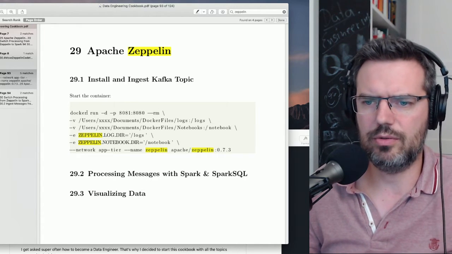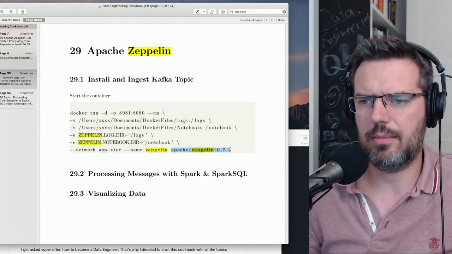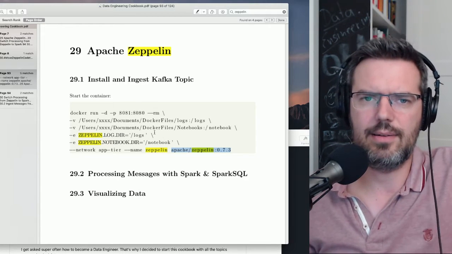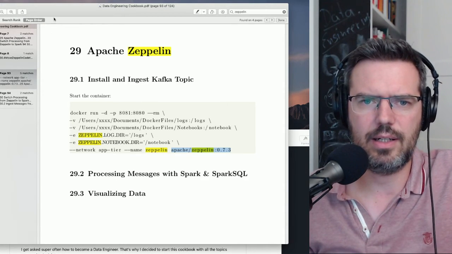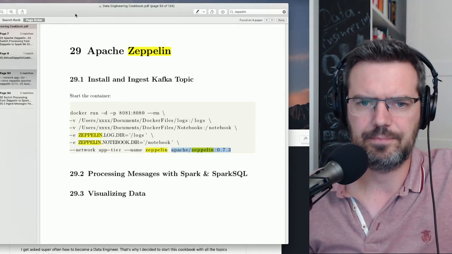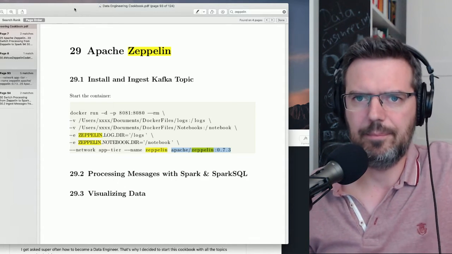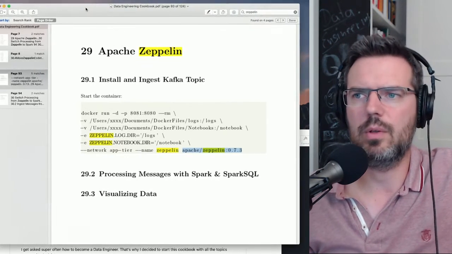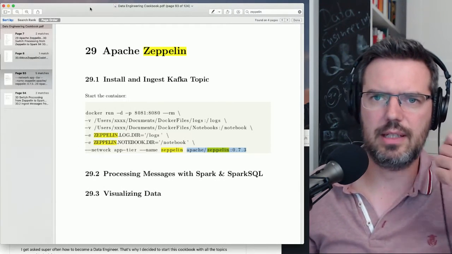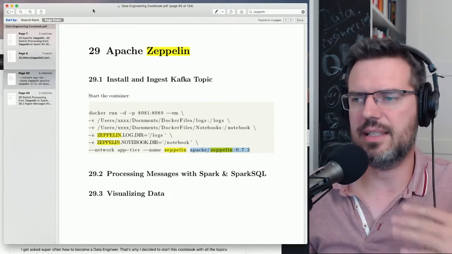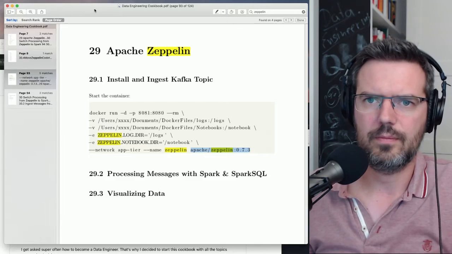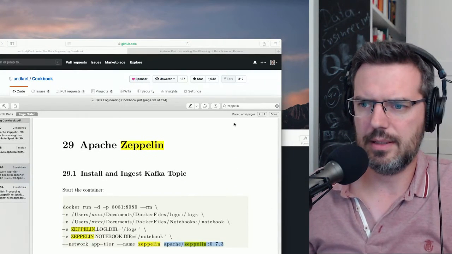If you do a Docker run and then the Apache Zeppelin 0.7.3, then it already installs the container and runs the container for you. This is one of the main things to actually get as far as I have gotten. Where is my Zeppelin?